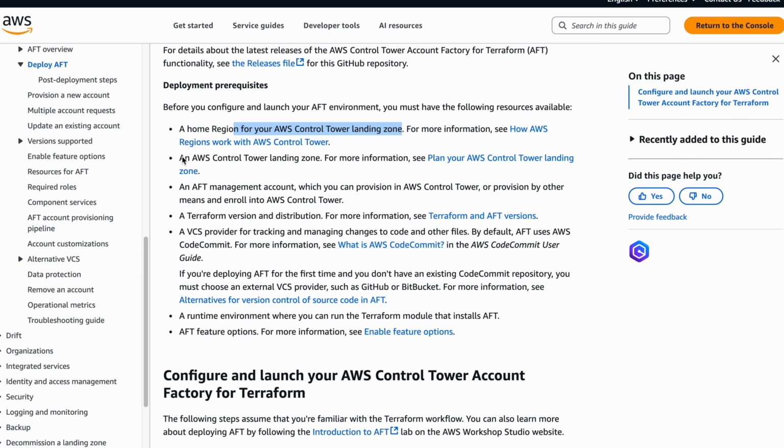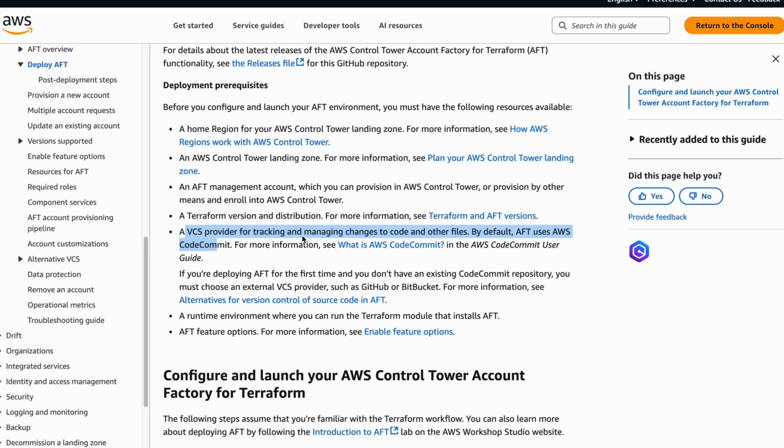The AWS Control Tower landing zone, we have this part, and the AFT management account, we just created that, right? We created it manually, or you can create it by any means, but just enroll it into your Control Tower. We did this part, and now we need to make sure that we have Terraform installed and GitHub providers, whichever source control you are using, and that should be okay.